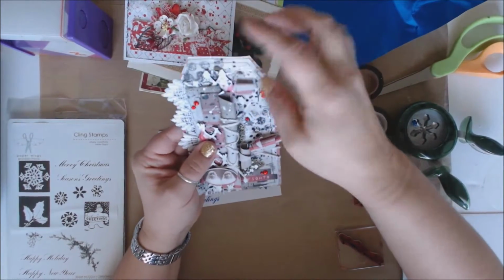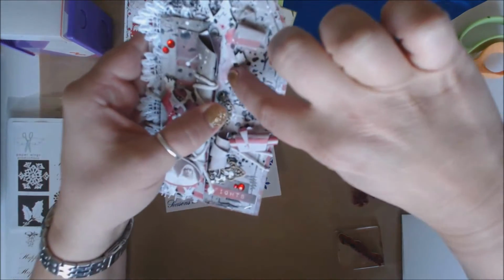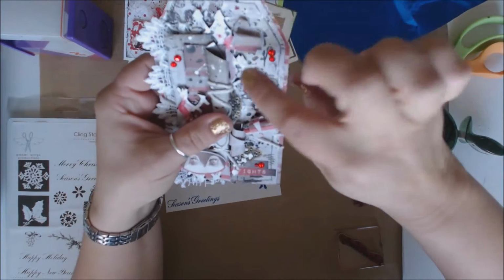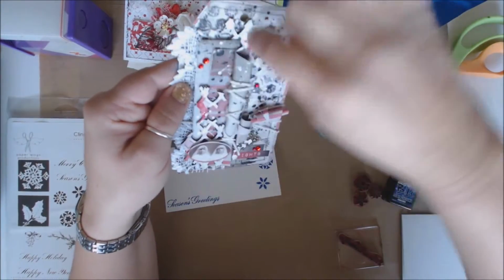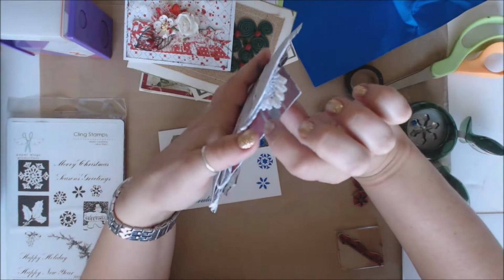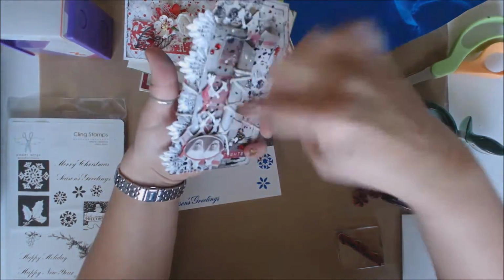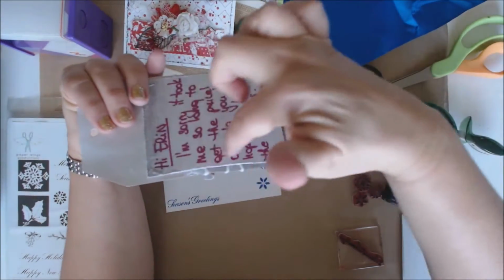And then she layered on top of that with some chipboard that she's painted. You can see it right in here. It's the chipboard that's in there. So she took the chipboard, and then she's got 2 layers of papers that she cut out and roughed up the edges on, and she's popped that up. See right there? And before she put these 2 layers on, she wrapped some rope, and it goes underneath